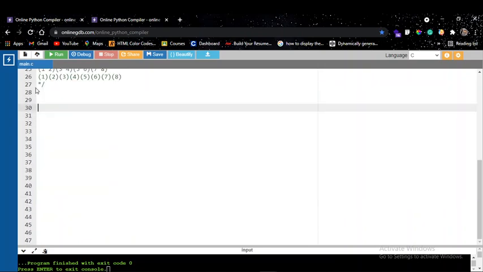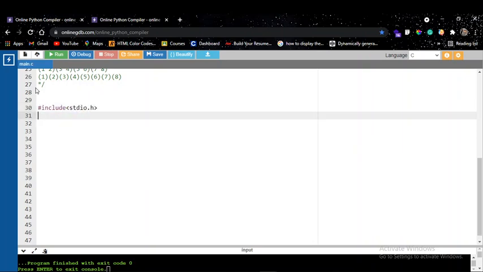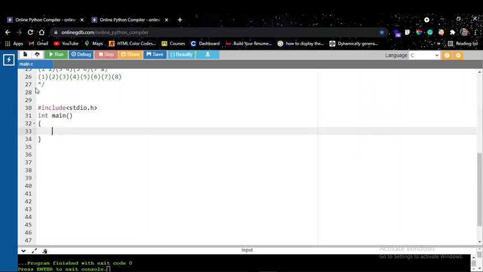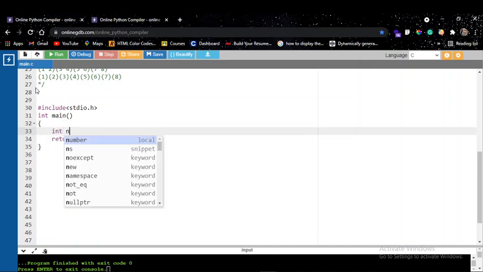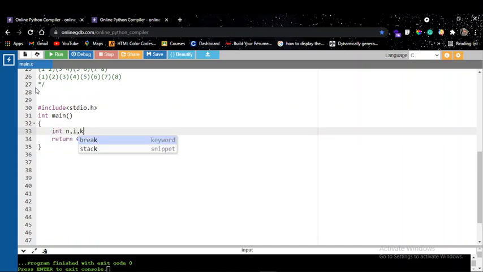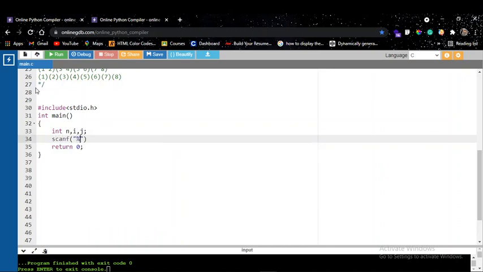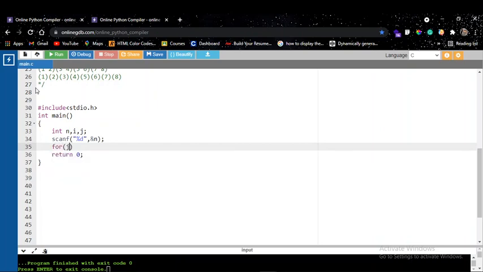Okay, so I'm gonna declare the header file htdemo.h and into main return 0. So I'm gonna declare n, i, j, and is there anything I need? Let me just check out later on. So I'm gonna get the n value from the user, and for j is equal to n and j is greater than or equal to 1 and j